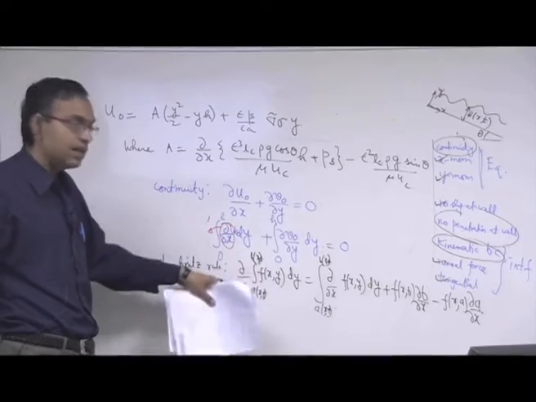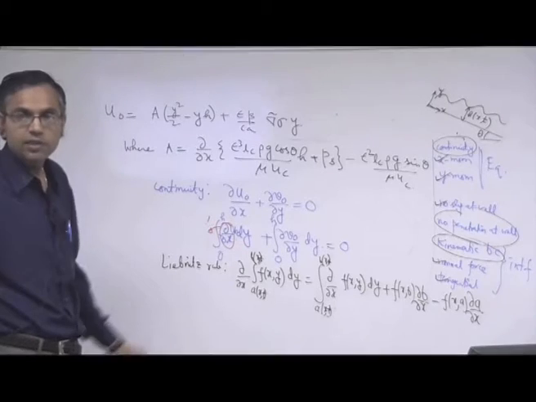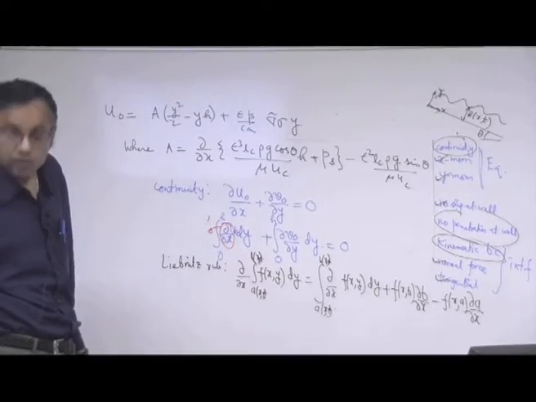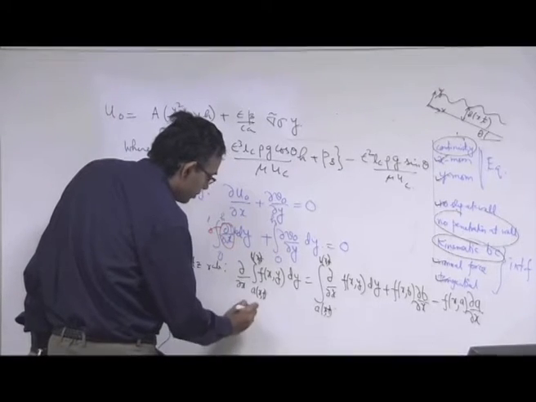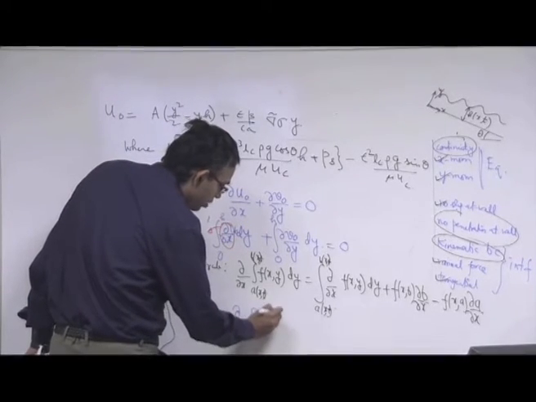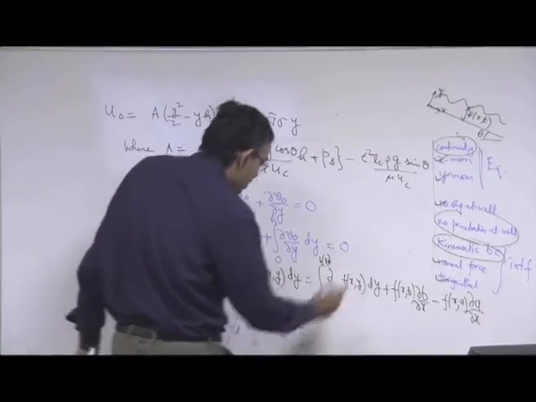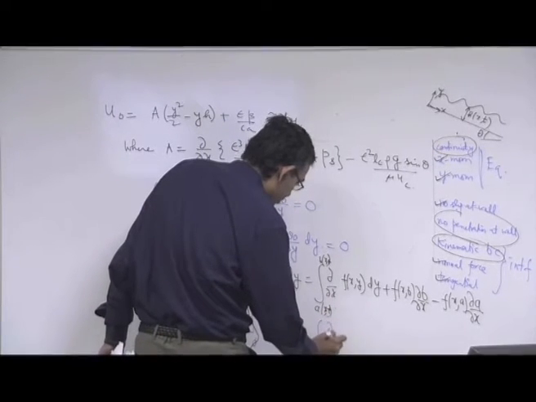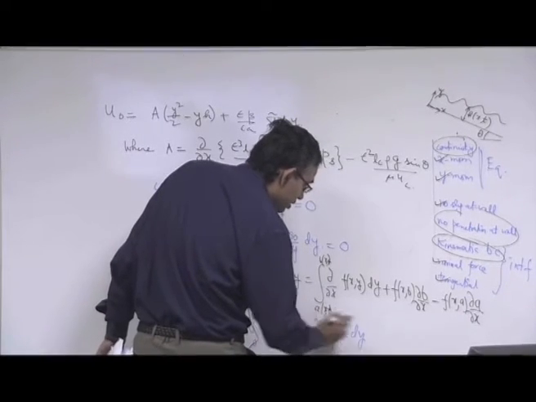Had it been a function of a single variable, we could have written it as d/dx, but the concept remains the same. So here, what is f? f is u0. So ∂/∂x of the integral of u0 dy from 0 to h is equal to the integral of ∂u0/∂x dy from 0 to h plus